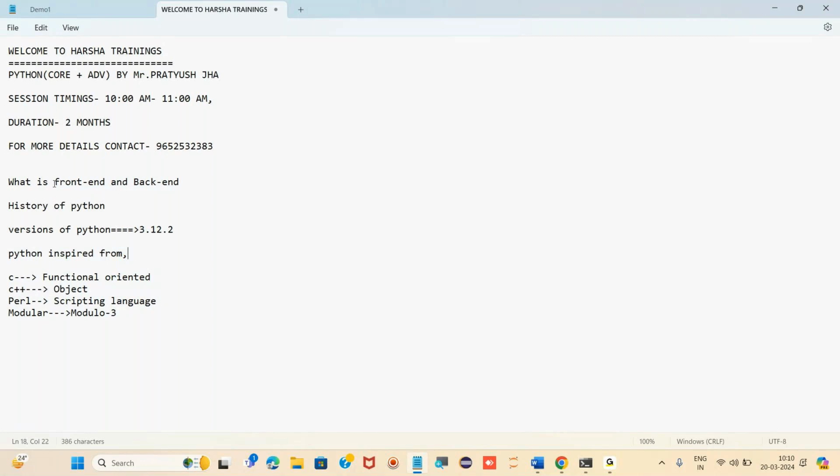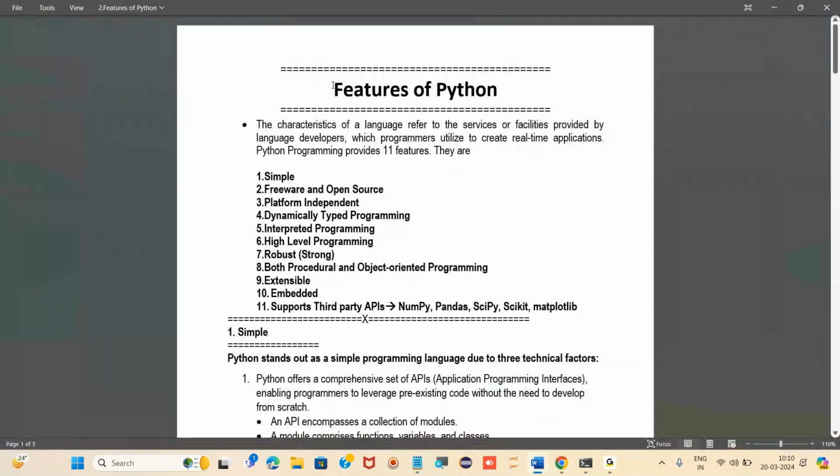And I hope everyone knows what is front end and what is back end. Okay. So today we are going to see something really important for us before knowing the topics of Python, in deep of Python.